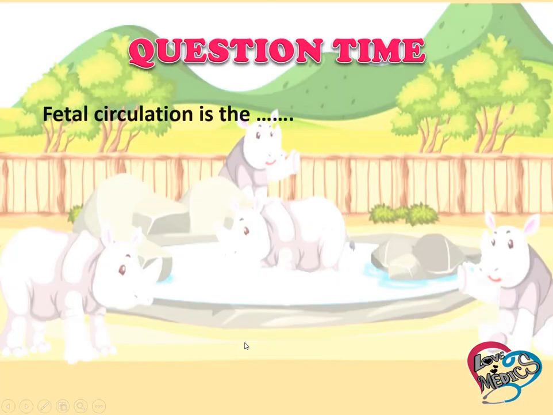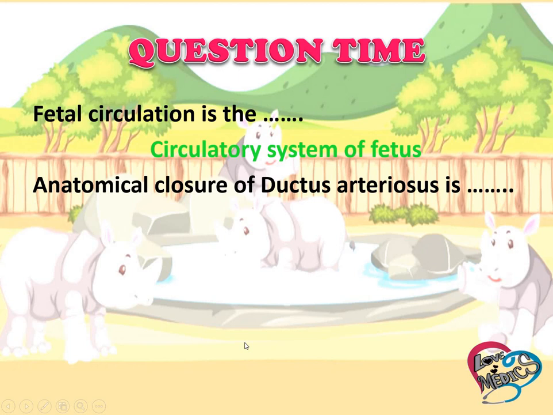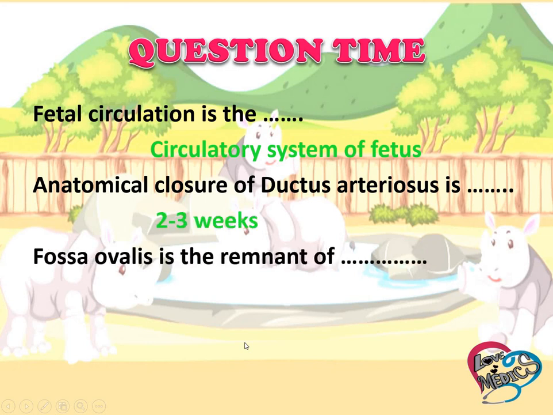Question time. Fetal circulation is the circulatory system of the fetus. Anatomical closure of the ductus arteriosus is 2 to 3 weeks after delivery. Fossa ovalis is a